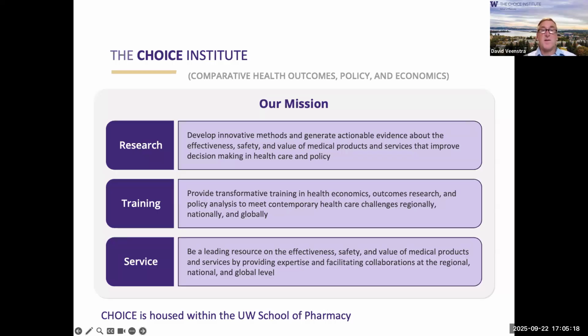And you can see here our mission is really to do research, to generate evidence that helps people make better decisions, that takes into consideration the value of healthcare technologies and products, and training, which is what these fellowship programs are about, and it's something that's very important to us.